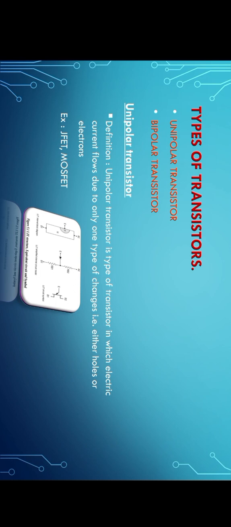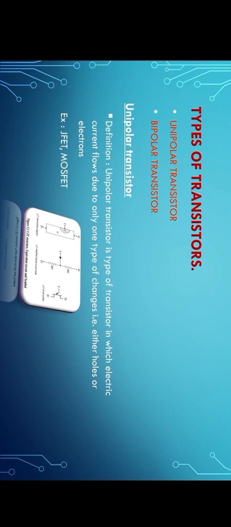Next, there are two types of transistors: unipolar transistor and bipolar transistor. What is a unipolar transistor? A unipolar transistor is a type of transistor in which electric current flows due to only one type of charge carrier, either holes or electrons. Examples of unipolar transistors are JFET,